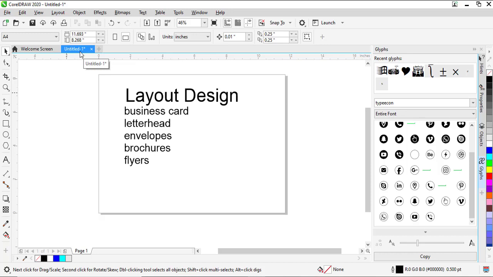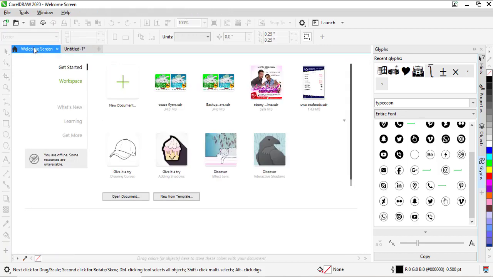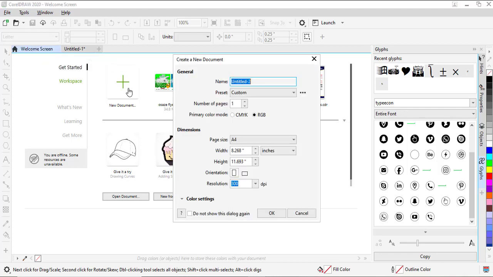Now, let's create a business card. So you go to your CorelDRAW and open it. Remember, we first reach the welcome screen. And we can create a new document, and you're going to call it business card, right? So creating a business card, we can choose to leave this as RGB to create designs with already composed colors